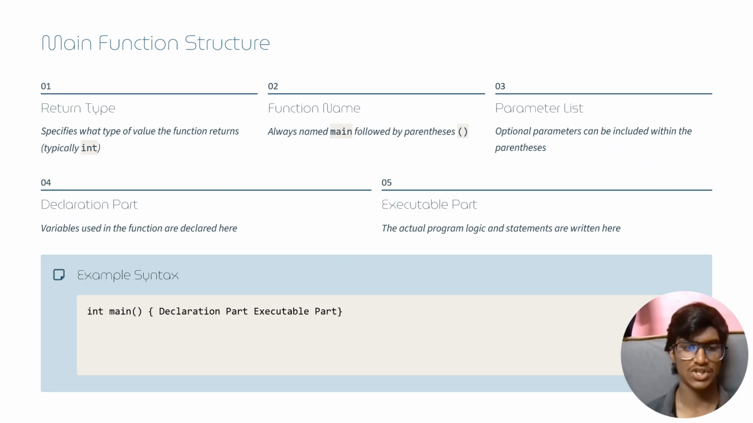Declaration part. Variables used in the function are declared here. Executable part. The actual program logic and statements are written here. Example syntax for main function structure: int main() { declaration part; executable part; }